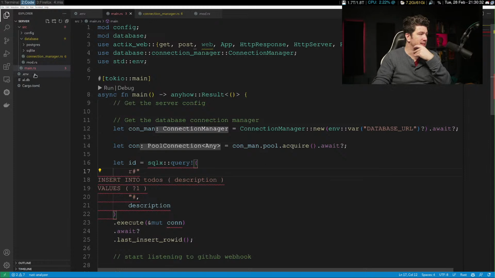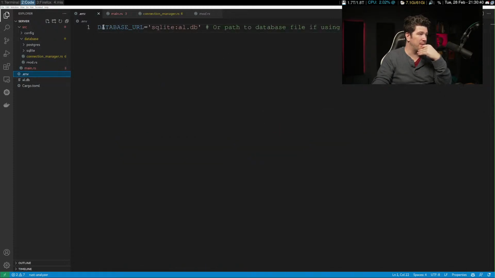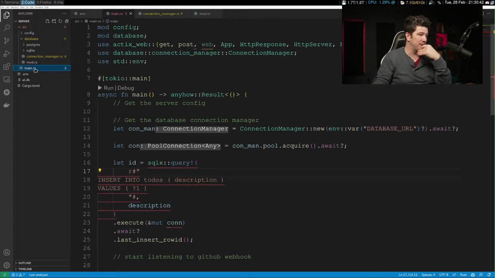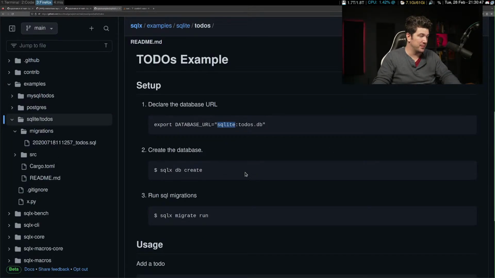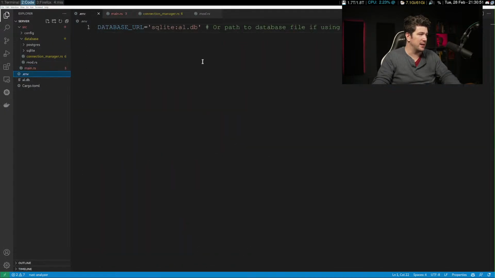Okay, so maybe this .env file is not working. I was under the impression this would put this in our environment. That's what they said to do. But we can just export this. Let's just do this and then do a cargo build.